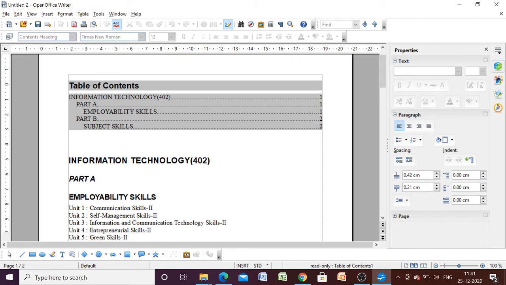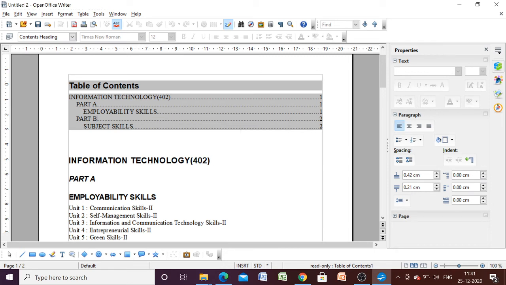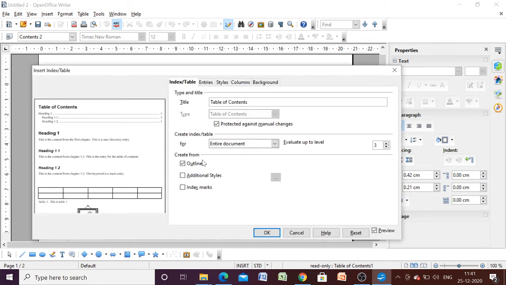Okay, now in this way we can create our table of contents, our index page. So what are the other things that we can set here? We can customize our table also. For that, right click on this and go to edit index table. So here you will have the same dialog box. Let us start with the background option.